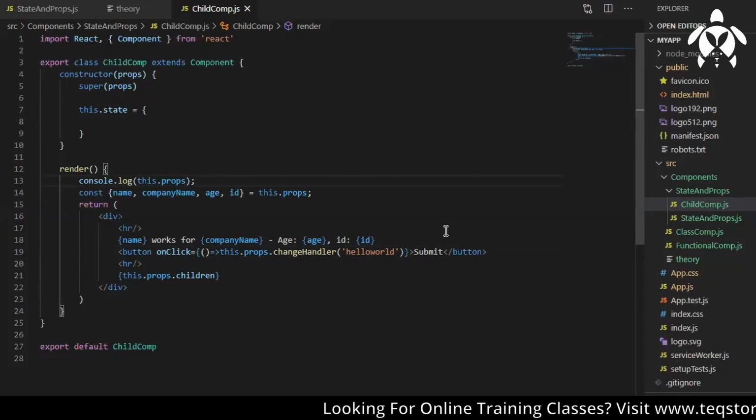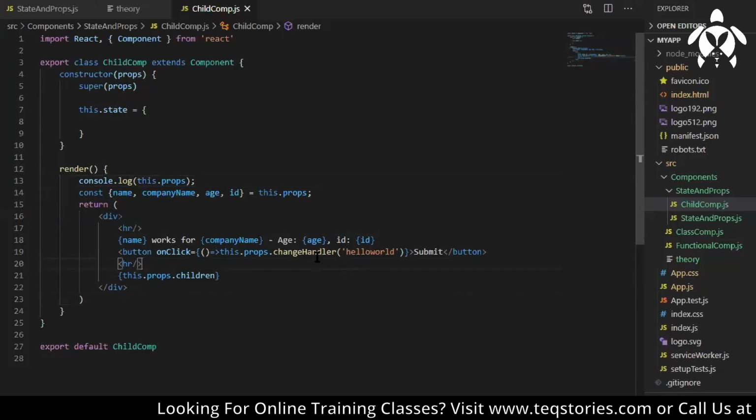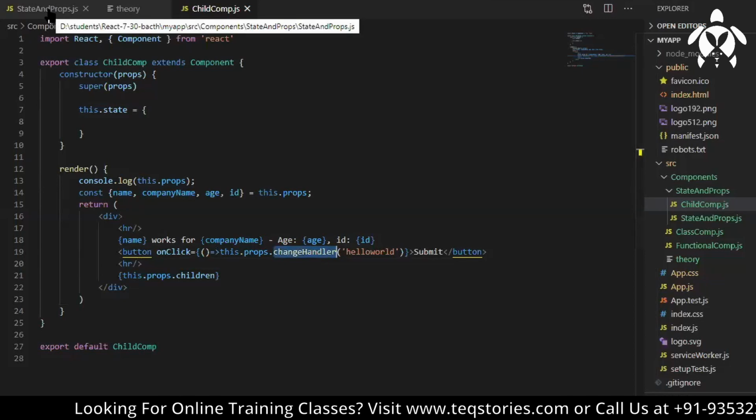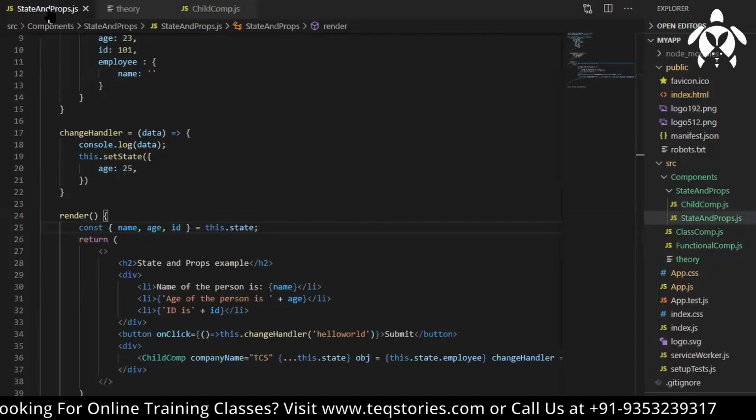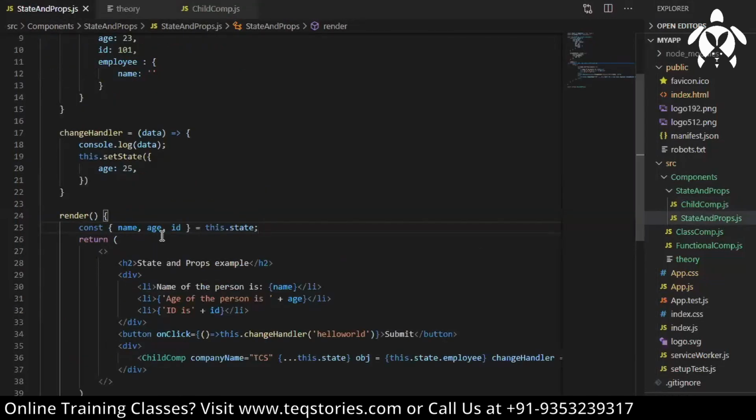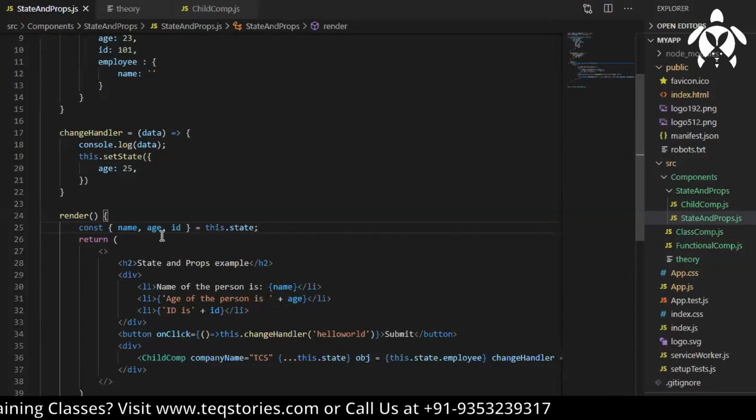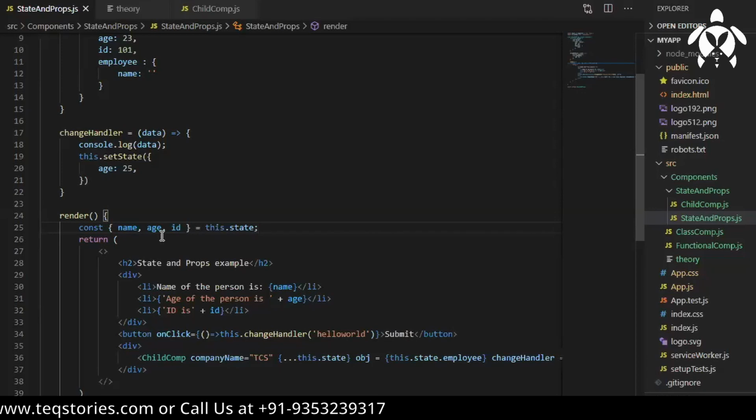As we have seen how we can set the state and how we can call the function from the child component, now we'll see some other things. So set state is done. Now we'll see conditional rendering. You have seen that whenever I'm changing the data of the parent component, it is also rendering the child component every time.